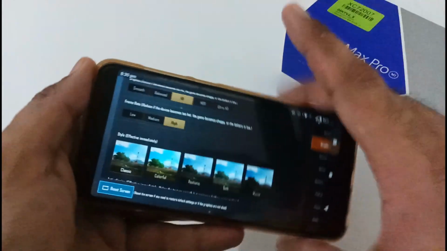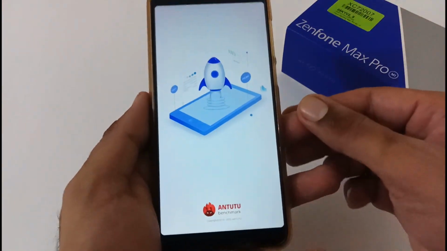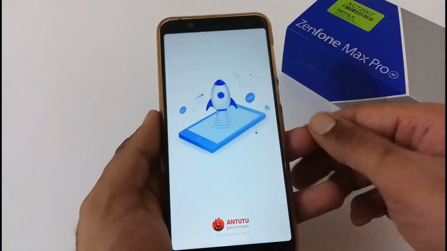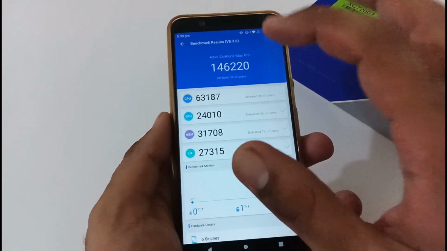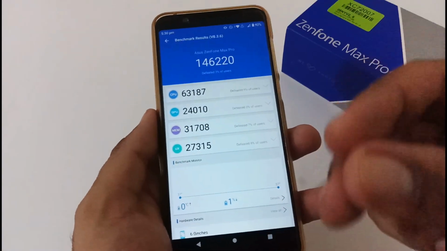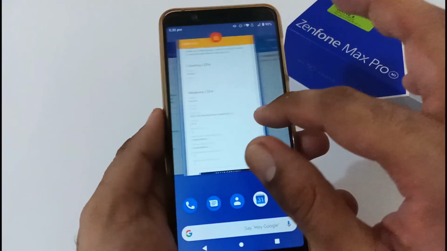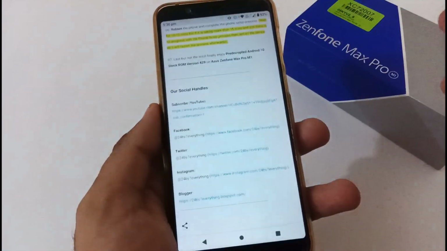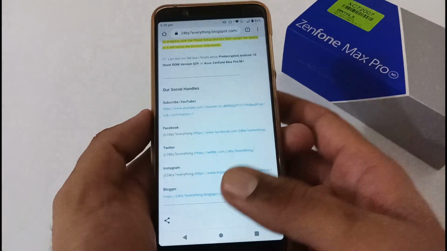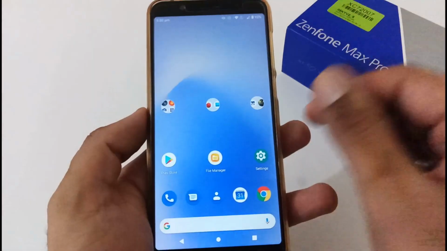So overall RAM and memory management is working absolutely fine, the same as we found on the original stock ROM, except for this particular Antutu. But the strange part is that it is opening from the same window where we left off, but it just triggers something to show this particular screen. Again, Widevine certification. Let me open Chrome, which I was using. Again, everything in terms of RAM management or memory management is working absolutely fine.